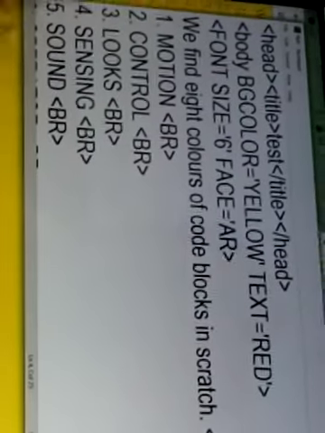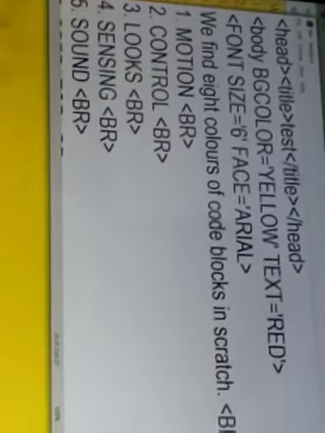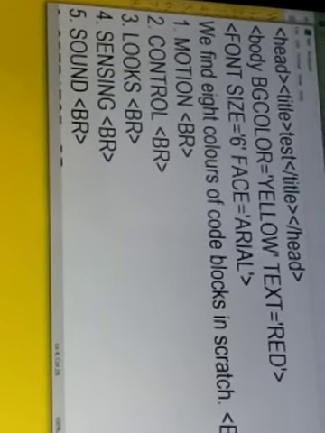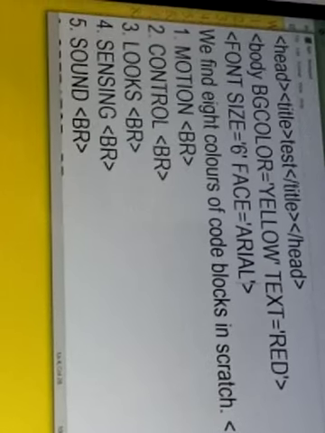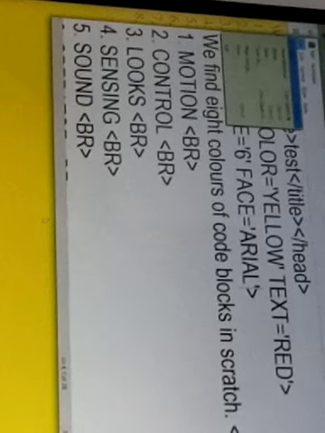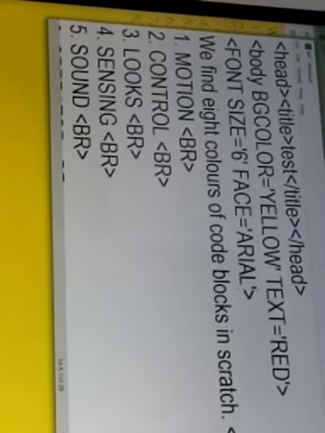Suppose I want to change it to Arial, so I'll be writing Arial. The spelling should be correct, Arial. Now see, I am going to save the file. Whatever changes you have to do, after that you have to save the file. Then again we want to refresh it. See what is the type of font over here. Now as you refresh it, you see that the type of font gets changed.